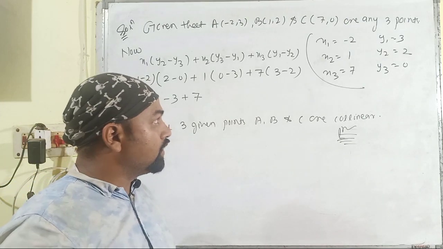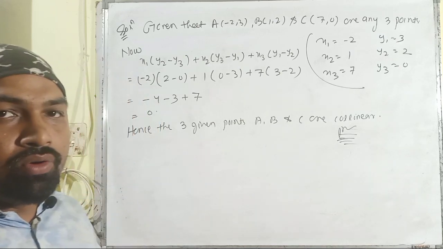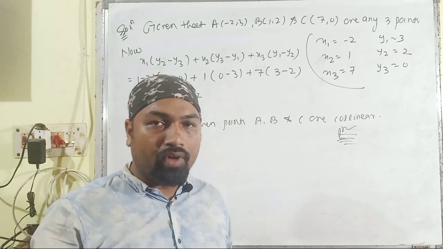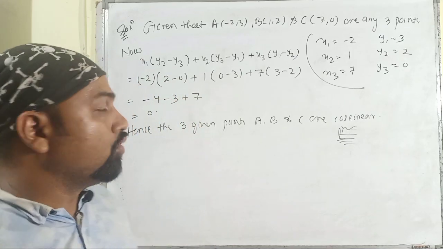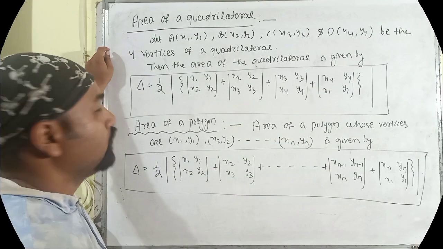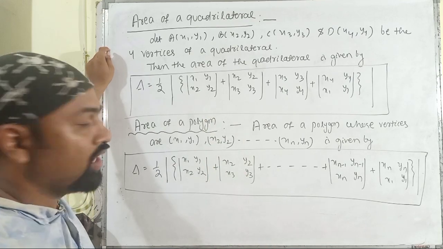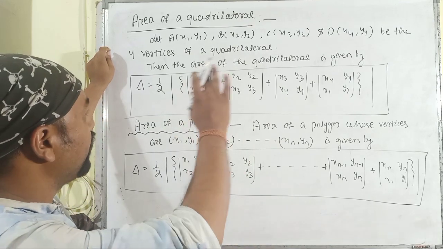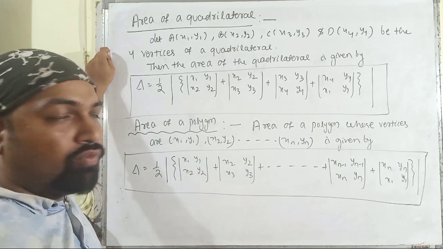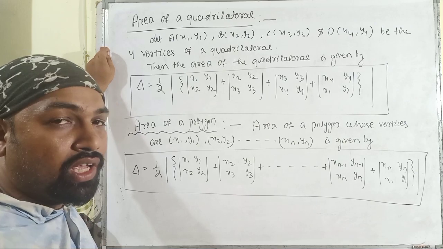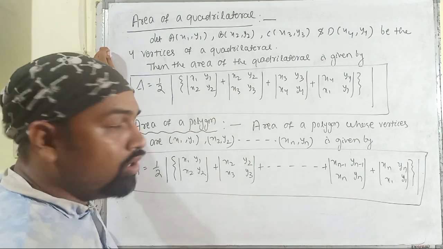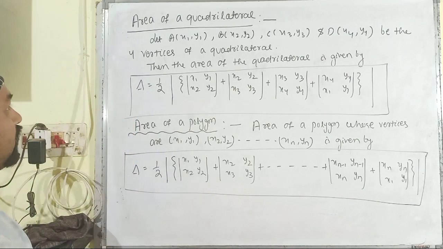Then there exists the last part or fundamental part in which we are going to discuss the area of a quadrilateral as well as the area of a polygon. Then we can conclude our video session for today. So these are the 2 last fundamental notes, the area of a quadrilateral and the area of a polygon, based upon the coordinate geometry part, but basically there does not appear any questions based upon the area of a quadrilateral and area of a polygon in your board exam. But let us discuss them.